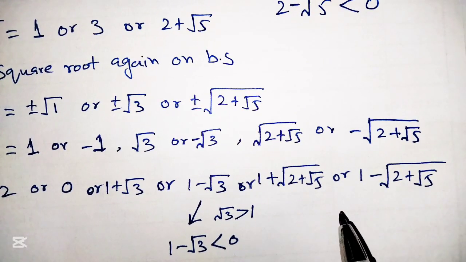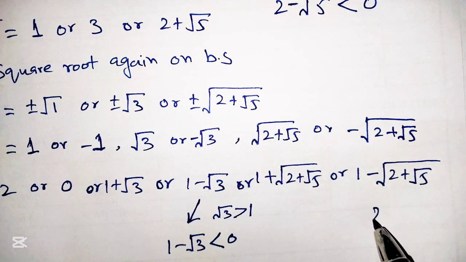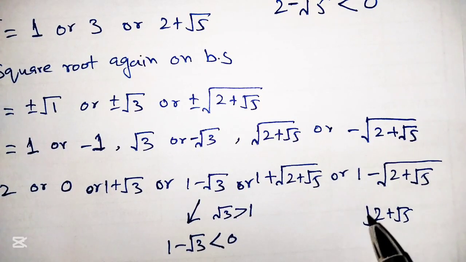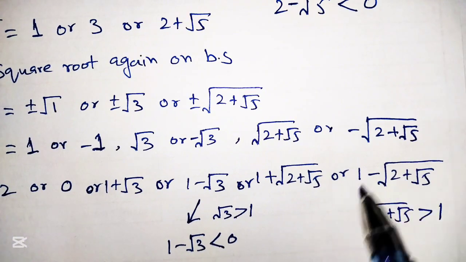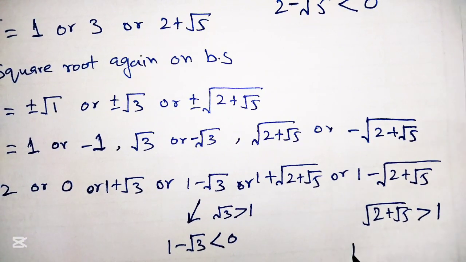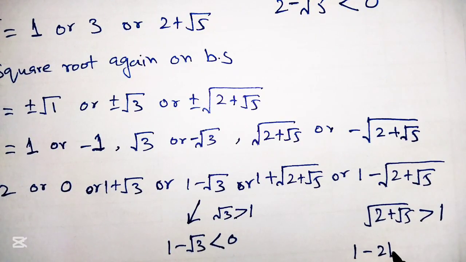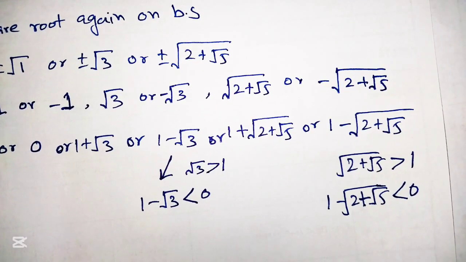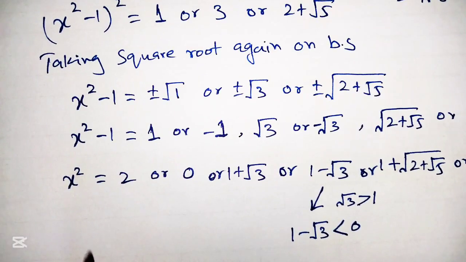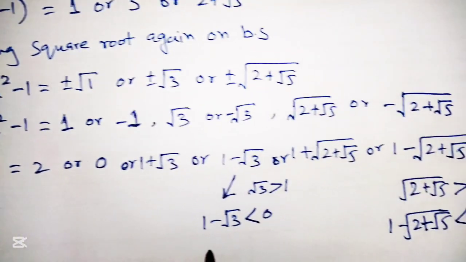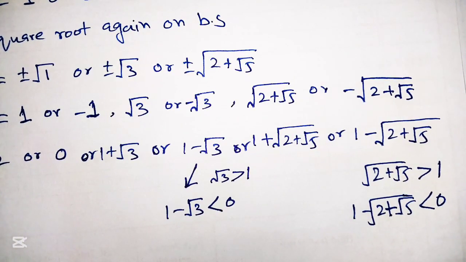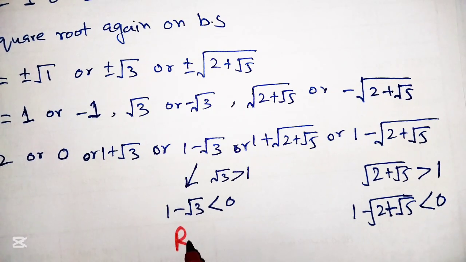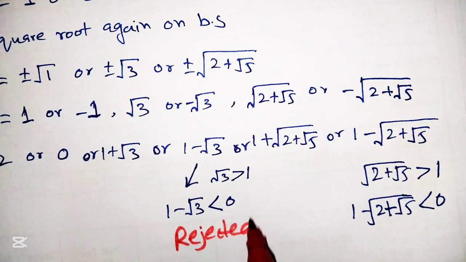And we can also see that the term square root of 2 plus square root of 5 is greater than 1, and that's why the whole term 1 minus square root of 2 plus square root of 5 will be less than 0. So these two terms again appear to be less than 0, and when we take the another and final square root to find the value of x, these two terms will give us a complex answer which is not acceptable. So these two terms are rejected here,